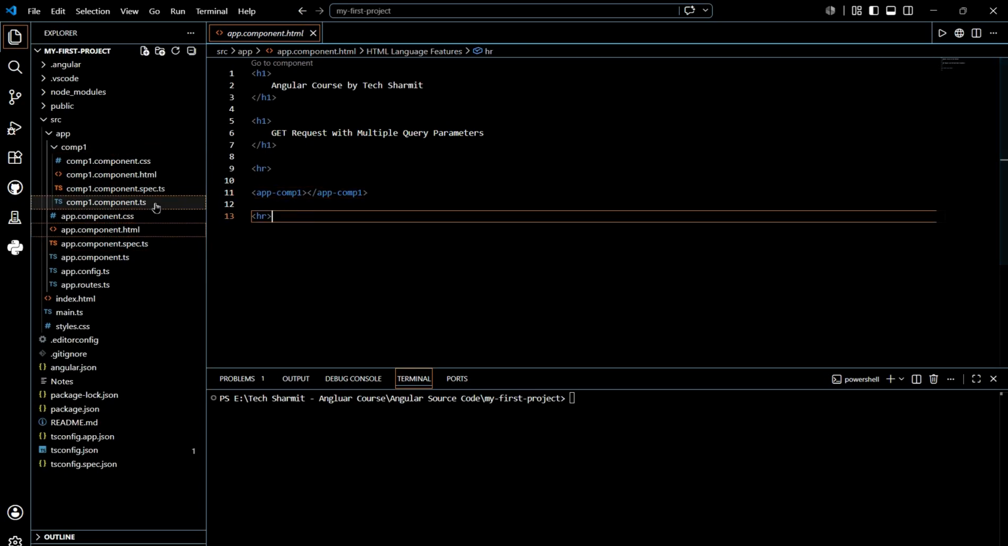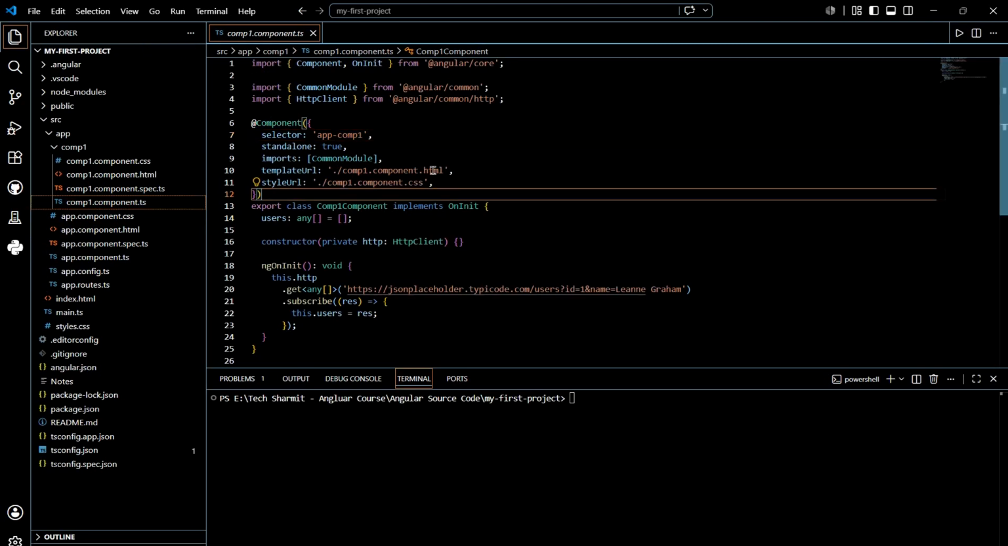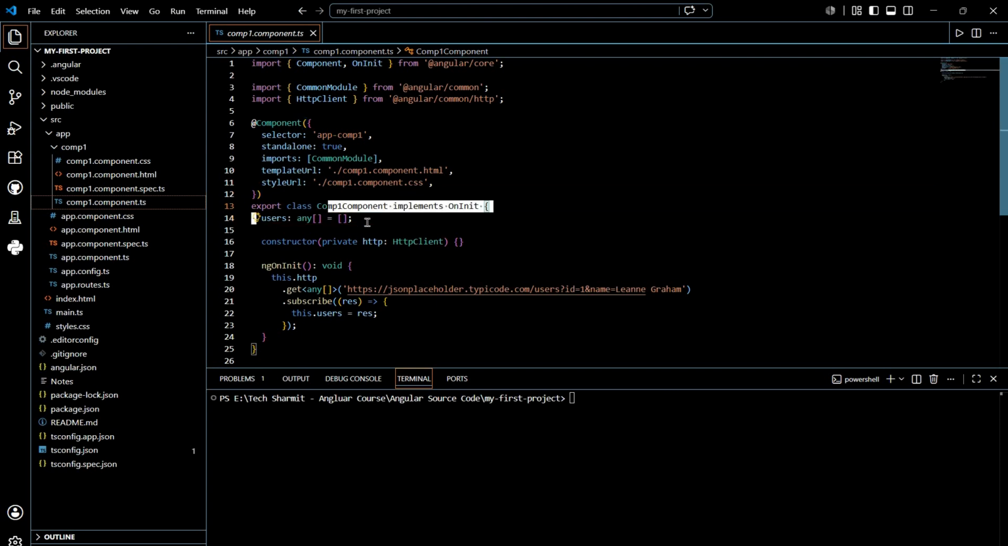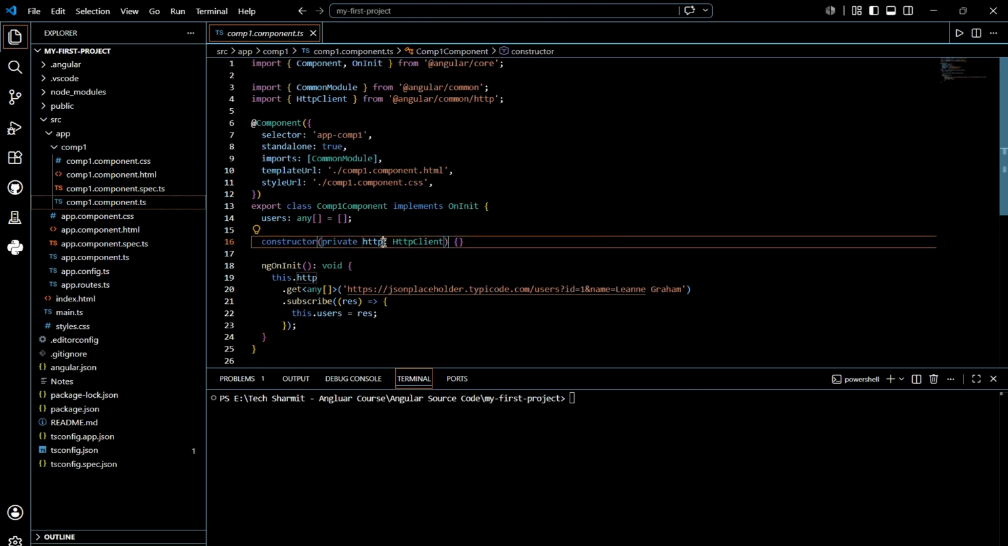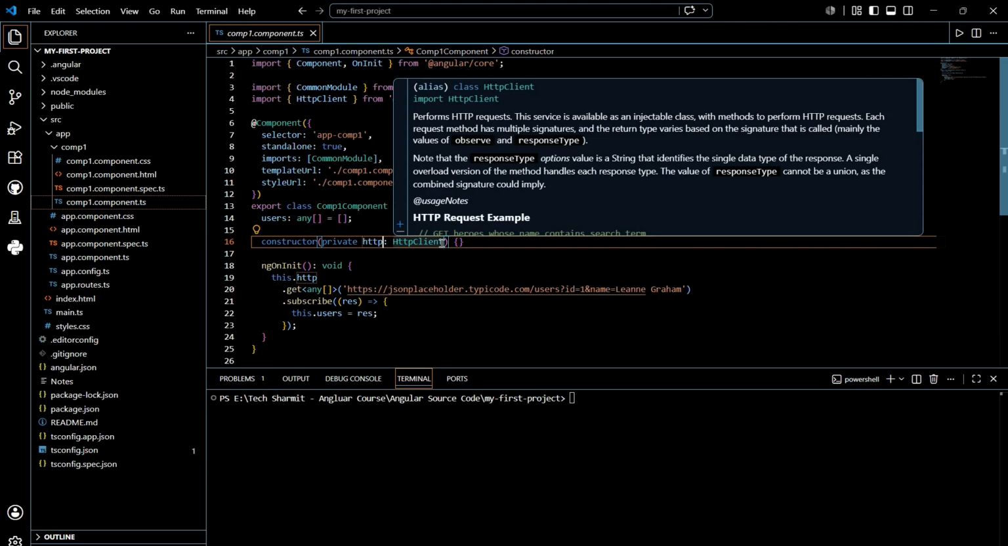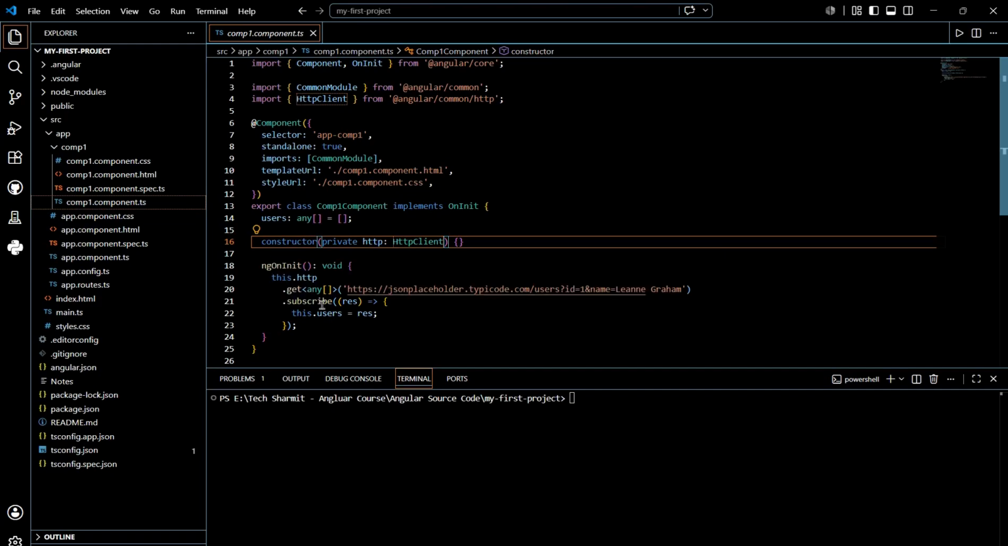Okay, now whatever API-related logic we are going to put is inside this comp1.component.ts. So here you can see we have one users. Then we have the constructor, with HttpClient, http. We are going to utilize this http whenever we want to access the HttpClient. Then inside the ngOnInit method, we are using this.http.get, and this is my URL. This is the complete URL where I have specified 2 parameters, id1 and name. Then this.subscribe(res), whatever response we get from here will be stored in this.users, and then we are just simply printing that